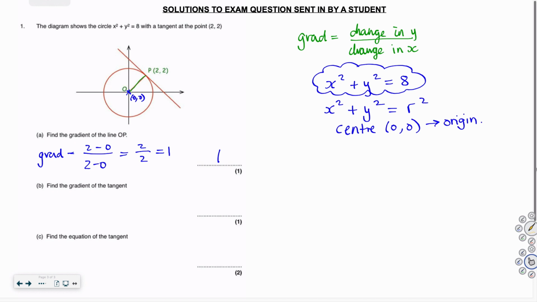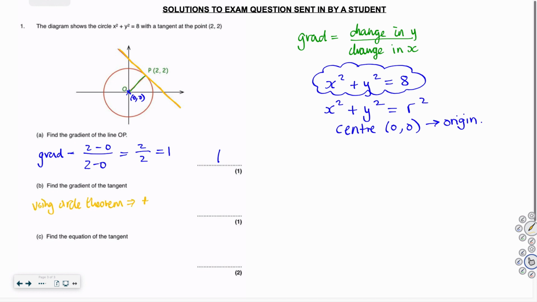Part B says find the gradient of the tangent. So first we need to identify which part is the tangent. This, highlighted in gold, is the tangent to the circle, and that tangent meets the circle at P, which is (2, 2). Now the gradient of the tangent depends on the gradient of the radius. We're going to do this question by using a circle theorem, and the circle theorem we're going to use